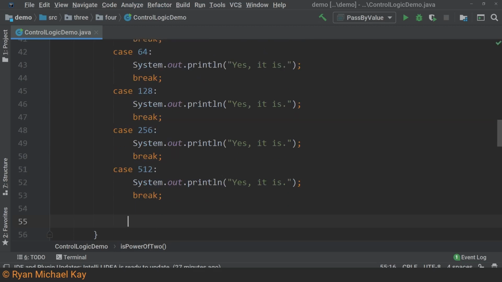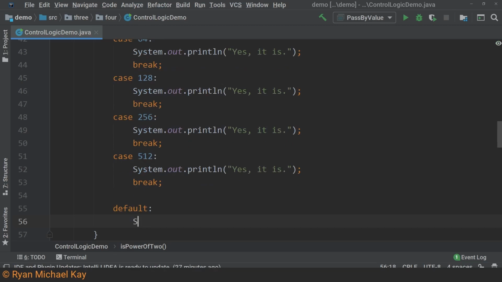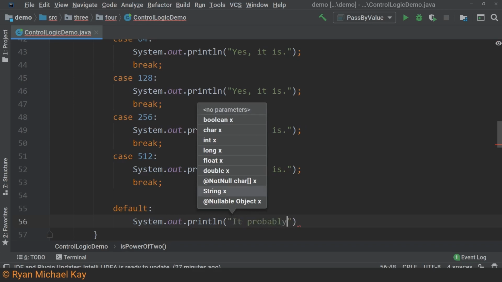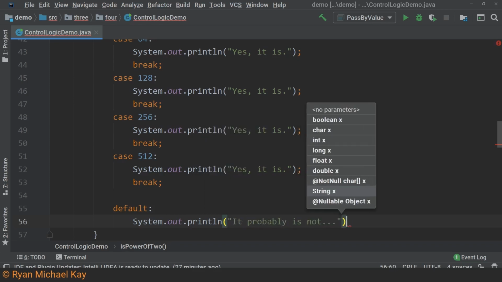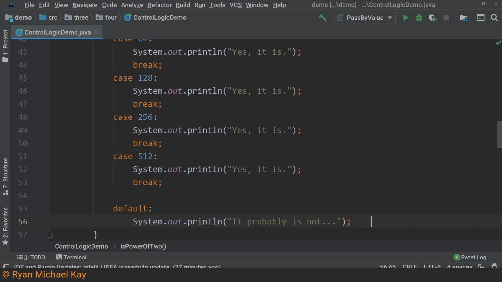This example is pretty stupid, but I will add just a few more statements to make it slightly more useful. There is one more feature of the switch statement which works kind of like else. As the name implies, if none of our cases match the predicate, then the code in the default block will be executed automatically.